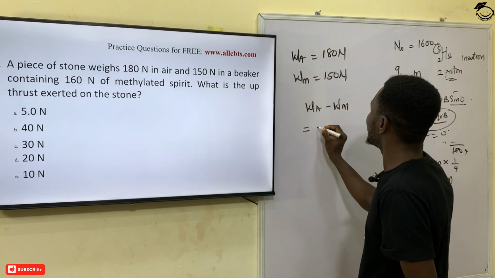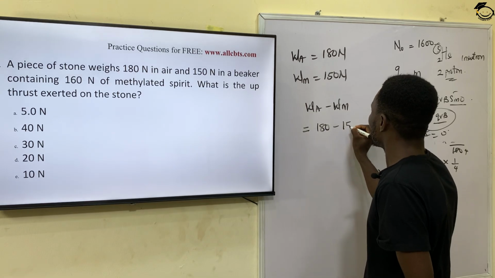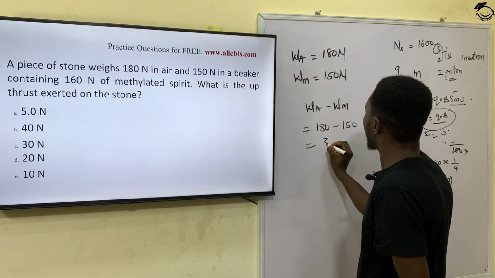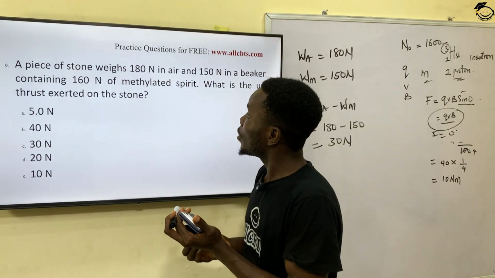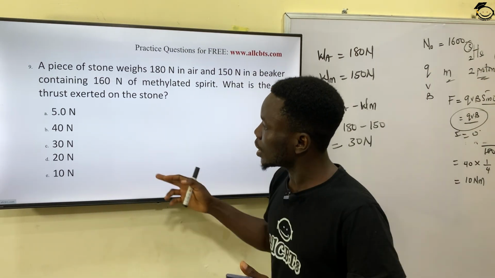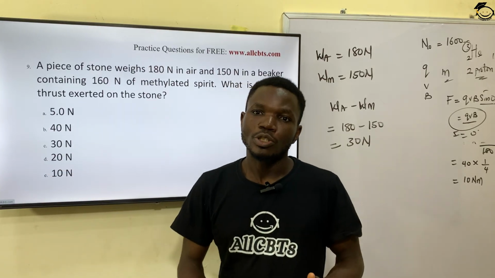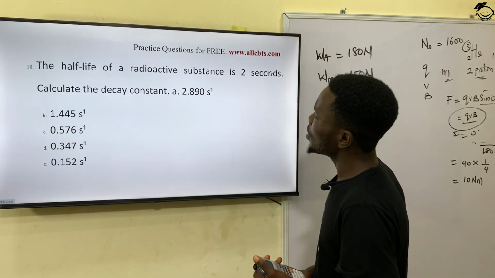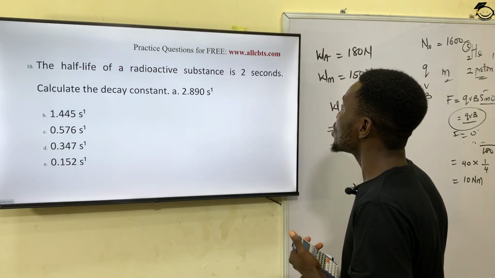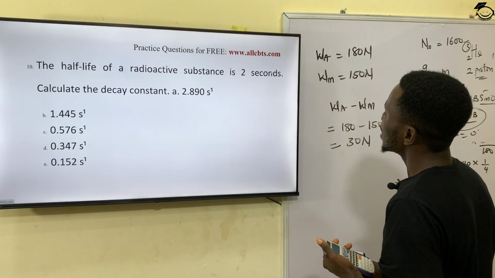So that will give me 180 minus 150, and that will give me 30 Newton. It means that the upthrust of this stone is going to be what? 30 Newton, and that is what? Option C. So that takes us to question number 10, which says the half-life of a radioactive substance is 2